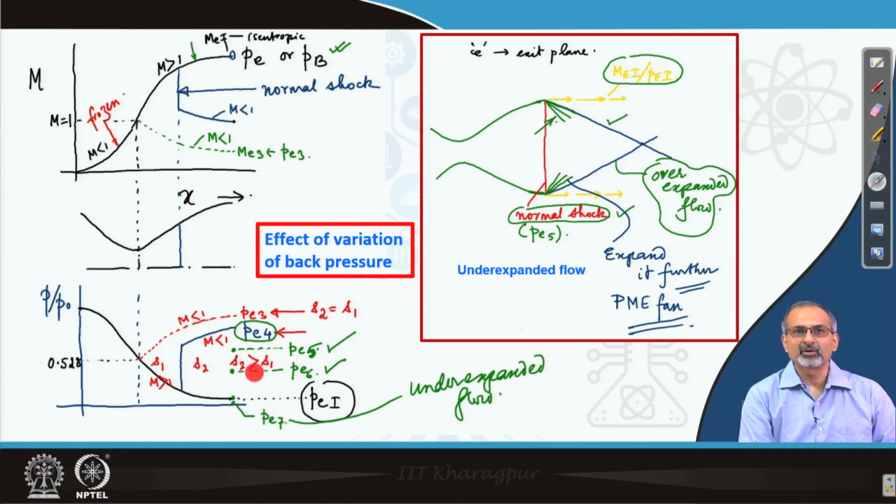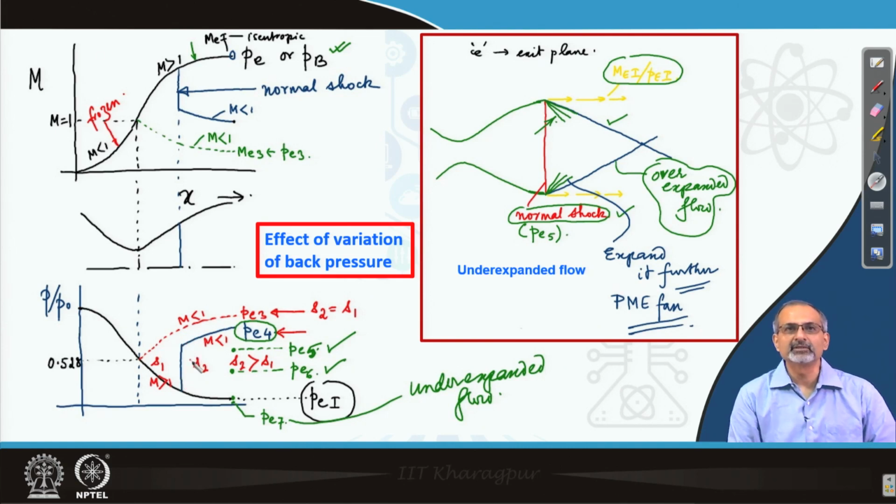And then there is a normal shock which comes and sits at the exit of the tunnel, and if you raise the back pressure further, the oblique shock can get into the diverging part, and then there is a normal shock which is formed in the diverging part of the nozzle. So these are different situations which may be created